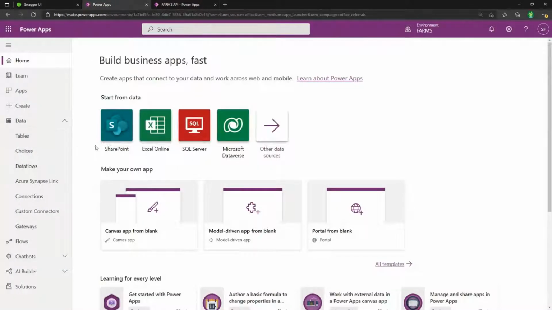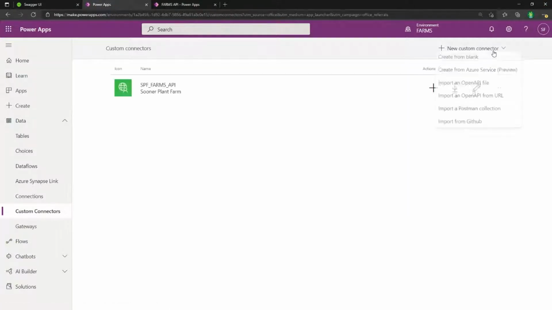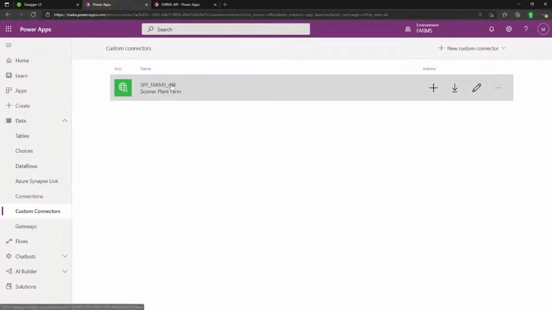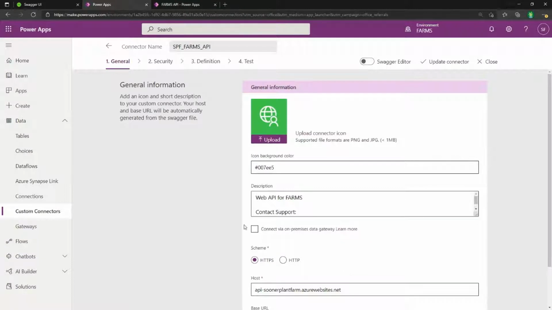So one of the ways we can do that is by going back to that make.powerapps.com portal and clicking on the custom connectors option. And you see here on the new custom connector tab, these are those options where we can either import from an OpenAPI file or from a URL. So you'll just point that to the URL file and it'll take you through the process. And you see I already have a custom connector here,